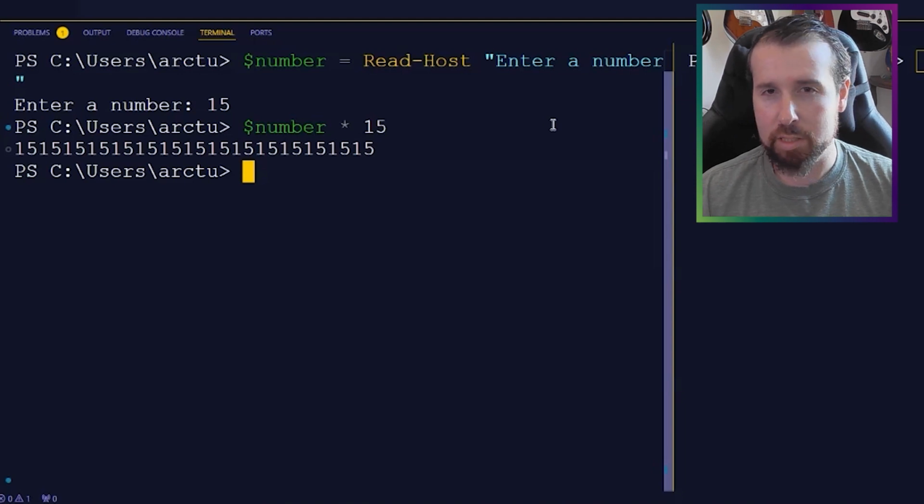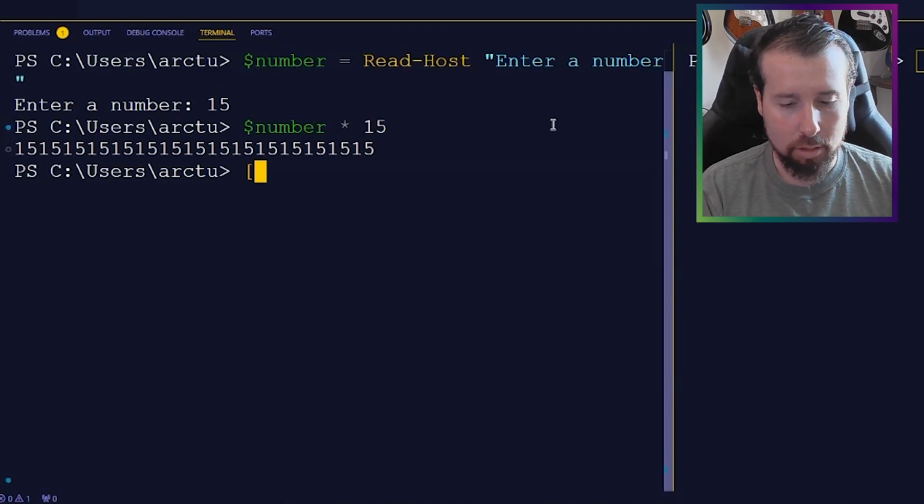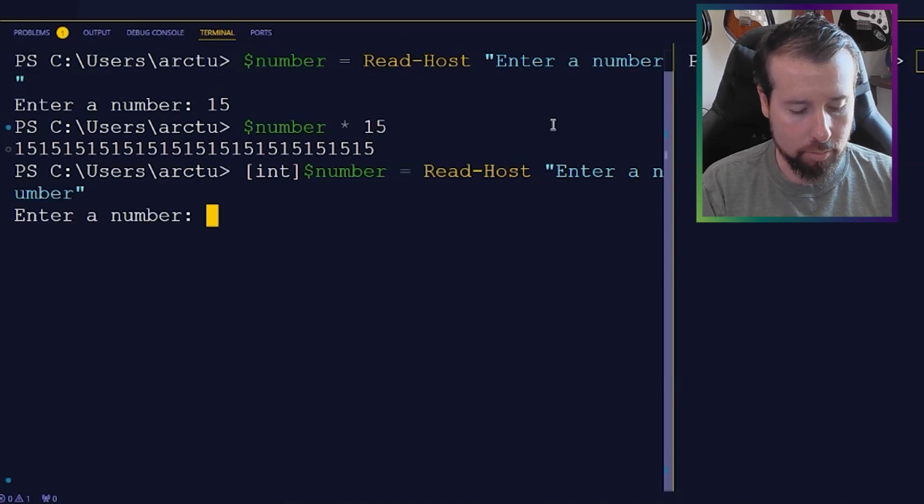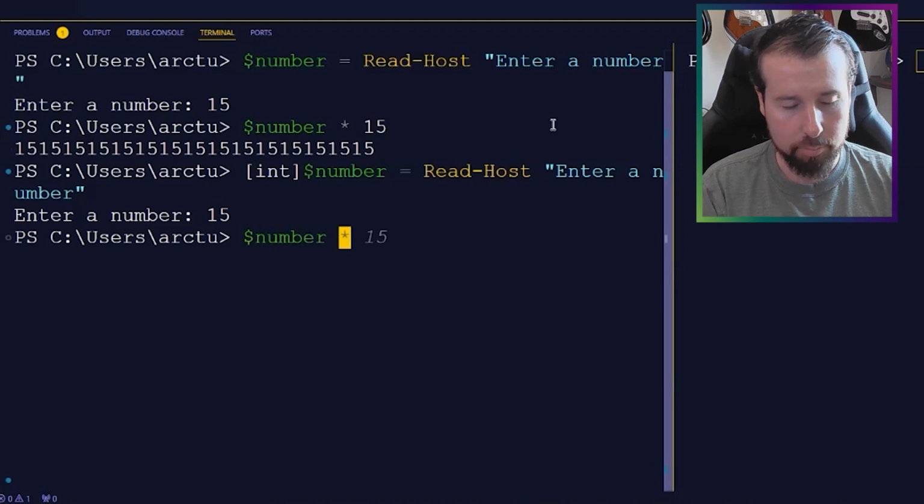So how do we specifically tell PowerShell that we want that variable to hold an int? And we do that through something known as casting. So if we do the same thing, and in the beginning we just put int inside of brackets and then our number, and we'll assign that to the same Read-Host to show how this is going to work. Now if we put 15 and take our number variable and multiply it by 15, it's actually going to do